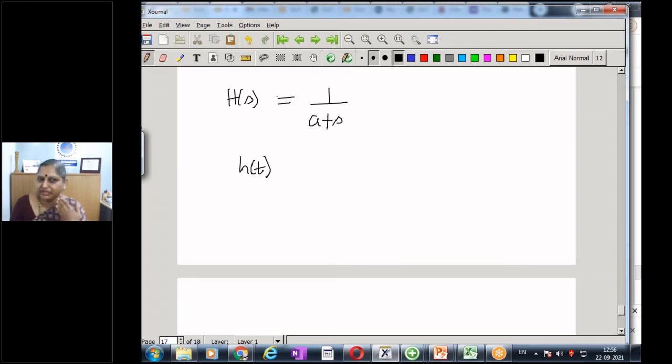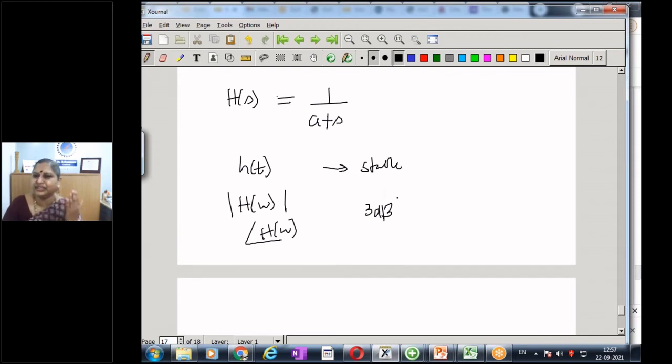We plotted the impulse response, we plotted the magnitude response, then we plotted the phase response, and we were able to see how it decays. We were able to tell the 3 dB cutoff, and whether it is stable or unstable by looking at the impulse response. We did so much, and all this is theory. Finally, how do we apply the theory?